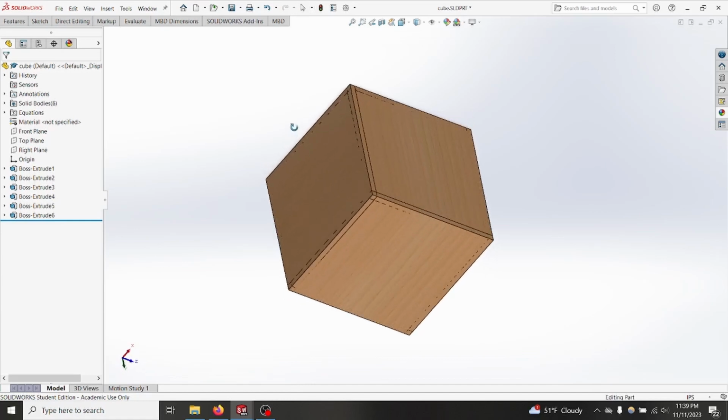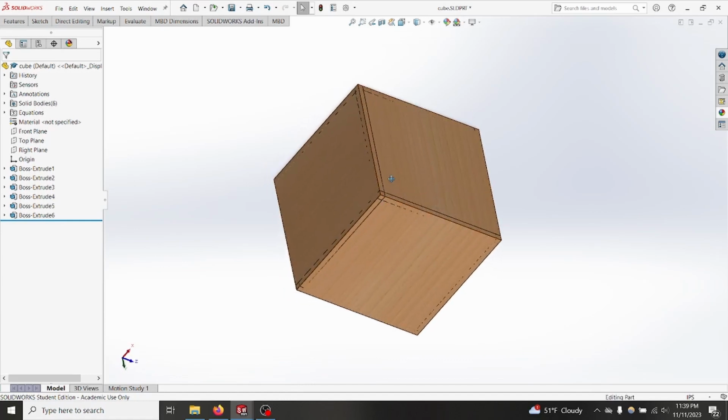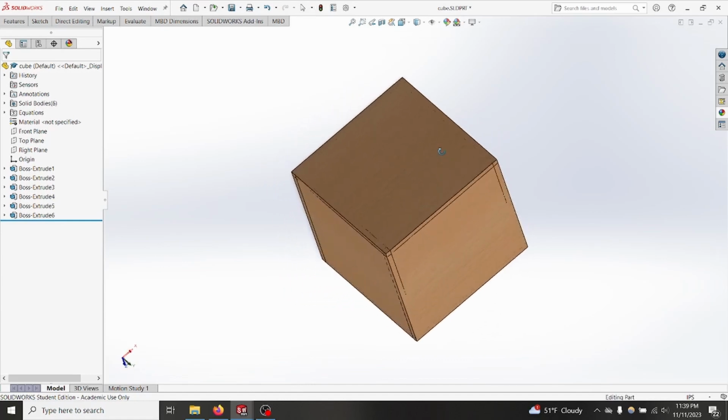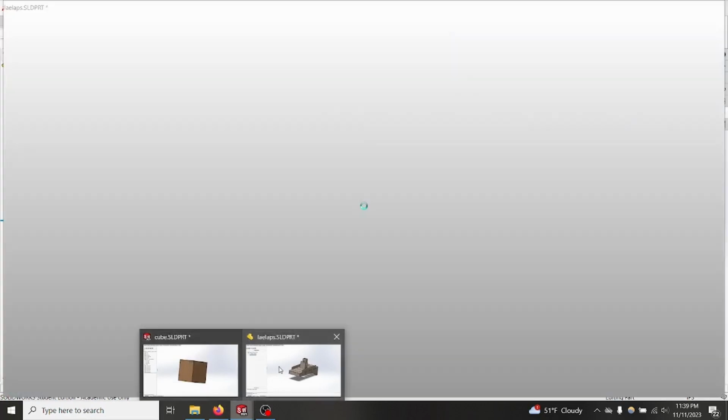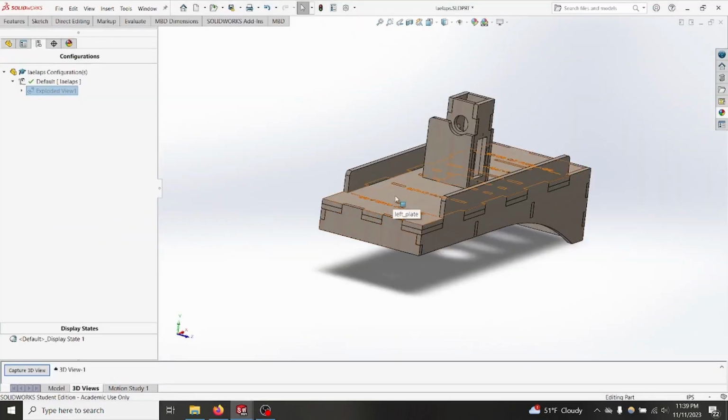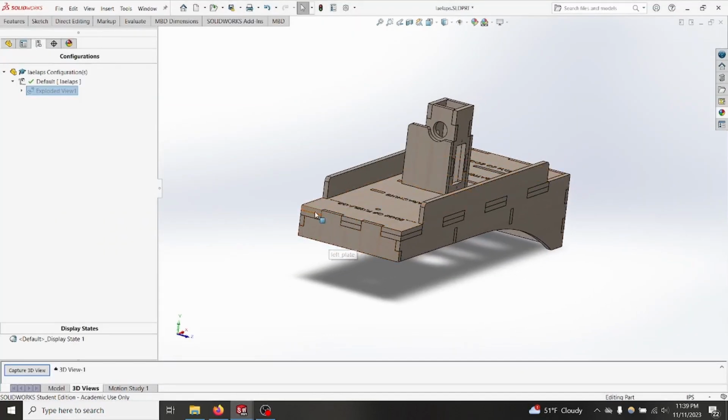This is obviously a problem, because in real life you can't have 2 pieces of wood in the same space. To correct this, you will cut tabs along the edge of each piece of wood so that they can be glued together. Here is an example of what that should look like. In this part, each piece of wood has been cut in a zigzag pattern so that it can be glued